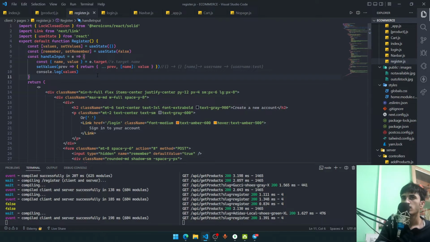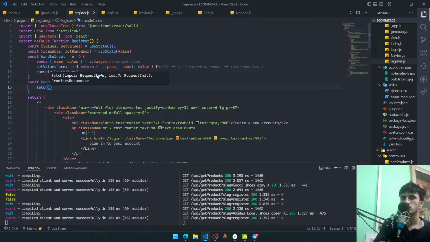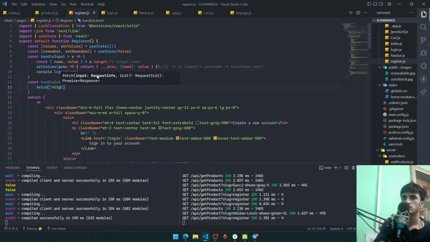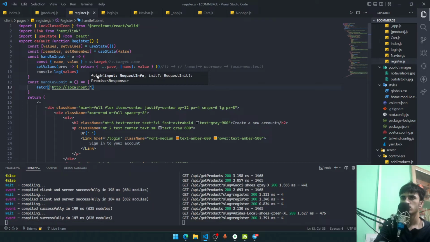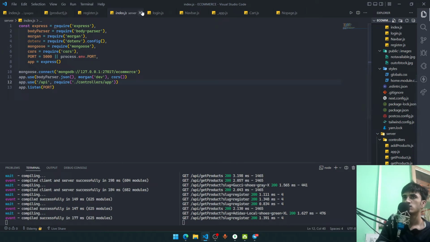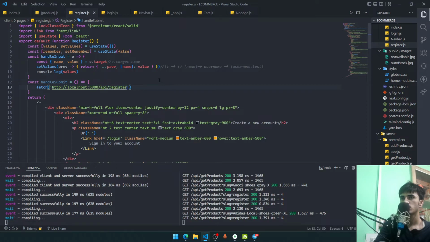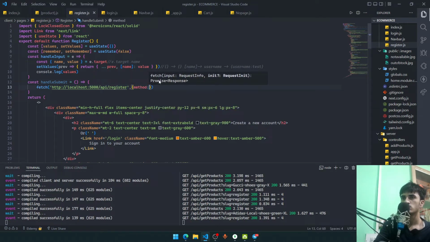Okay, we'll say const handleSubmit. It's going to be a normal function. It's going to make a fetch request on http://localhost:5000, or 4000, I don't know, 5000 maybe. It's been a while. Port 5000 slash api slash register. And method is going to be POST. Body is going to contain